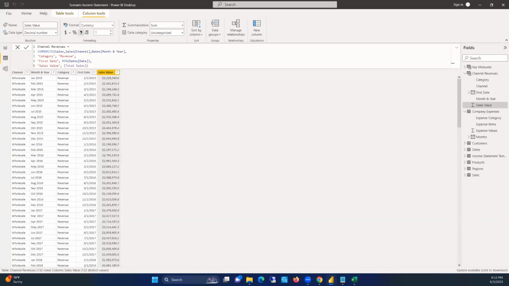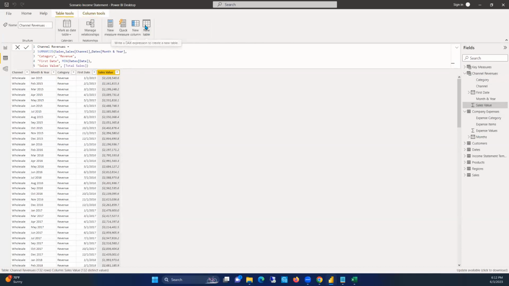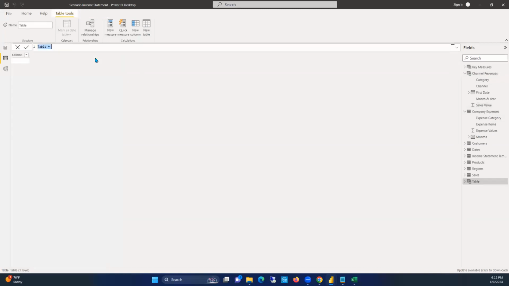Remember, we're trying to create a single big table, called income statement data table. What we need to do is to merge or append the data we have here into the data we have in the expense table, right? And that's what we're going to do next. So I'm going to go to table again here and click on new table. I'm going to call this the income statement data, and I'll say it's equal to union,